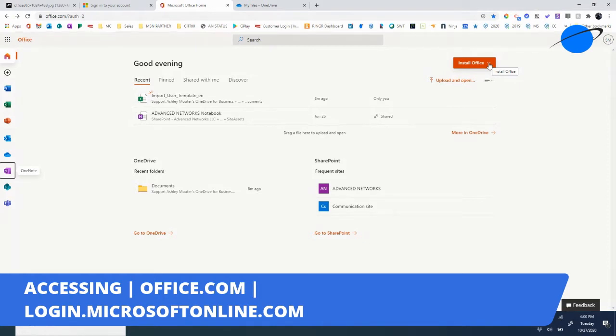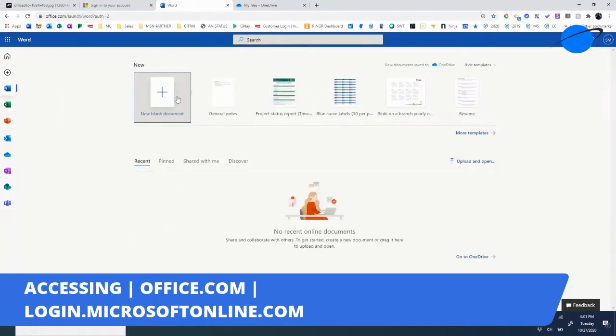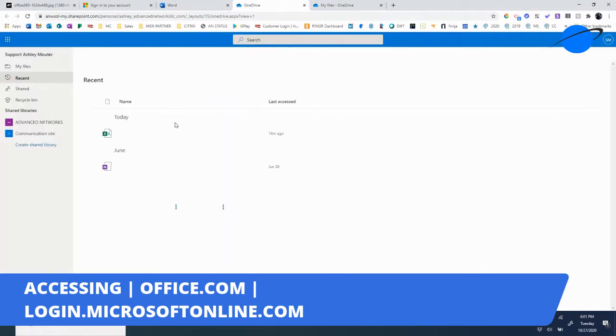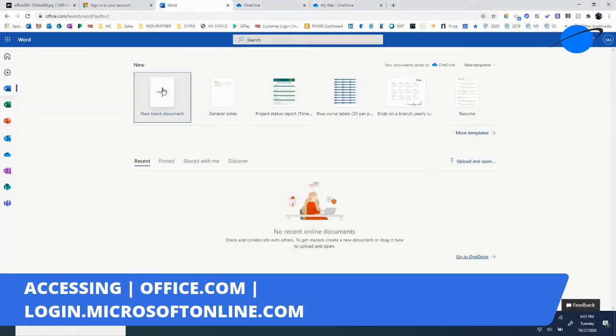But again, the benefit of the online version is having the freedom to be disconnected from any computer and work as you will. So we're going to go through and do that. Say, for example, I'm creating a Word document, right? I can go on here and look at documents and templates that I have, or I can go into my documents that I might have on my local computer, or documents that have been shared with me, and we can go on that. But for right now, we're just going to go back into Word and just create a new